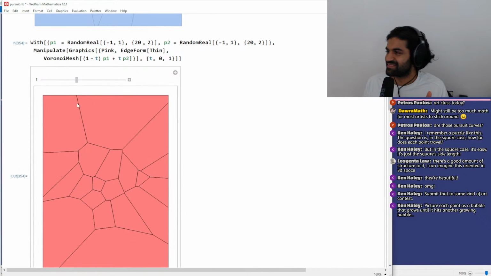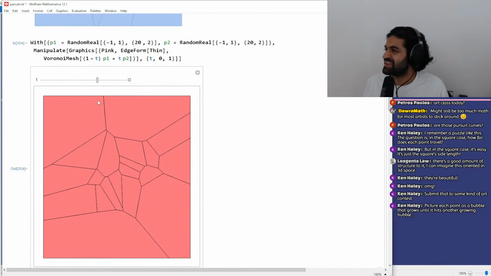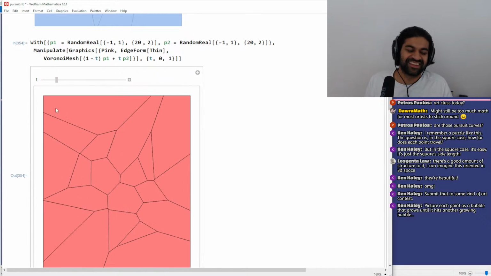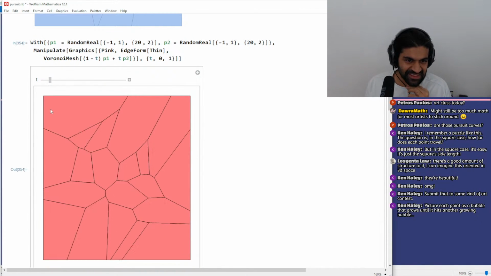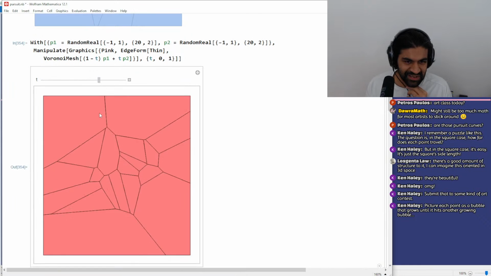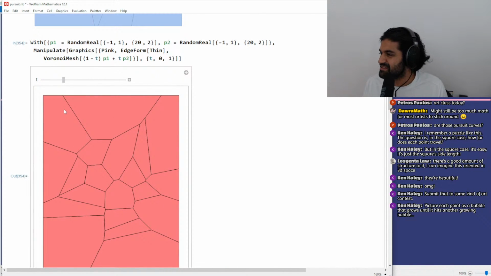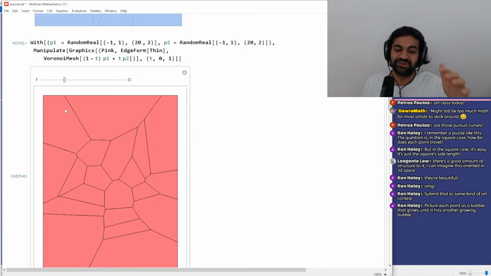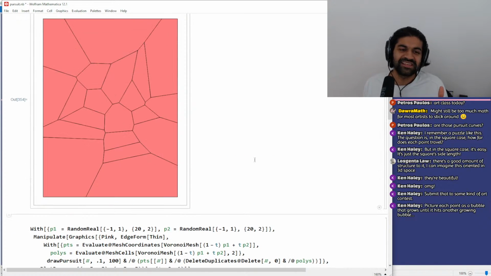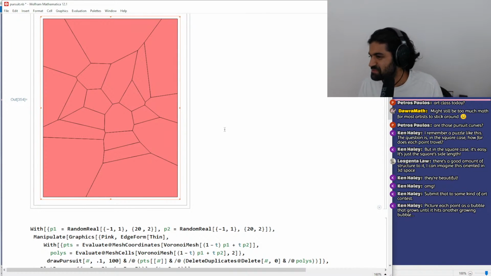I can imagine there's some artistic application of this that I haven't thought about yet, but I just think it makes for really interesting pictures to watch a random Voronoi mesh go into another one. And then of course, at first I thought that's what the video was going to be